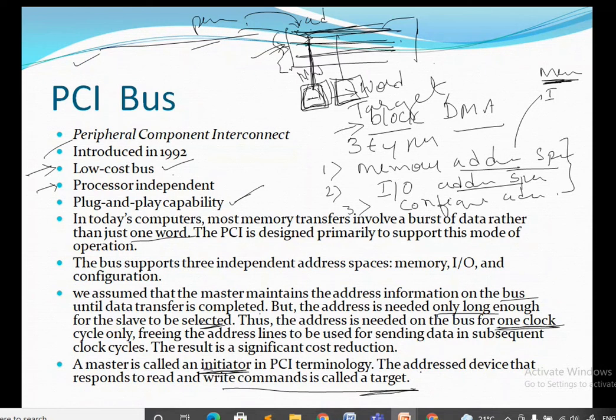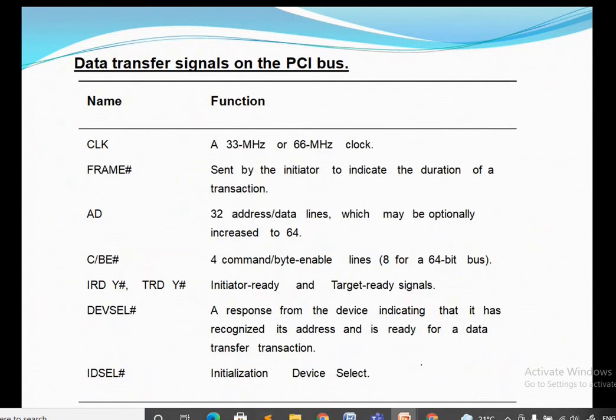Now onwards, I'm going to explain the read operation, how it takes place on the bus using PCI, using initiator and target. Okay, so initiator means master and target means slave. Now to understand how PCI works, you should be familiar with these signals. It may be a little difficult in the beginning to remember all these things, but you have to remember. There is no other choice, because normally you will get a question on the PCI bus. If they ask, explain how the read operation takes place on PCI